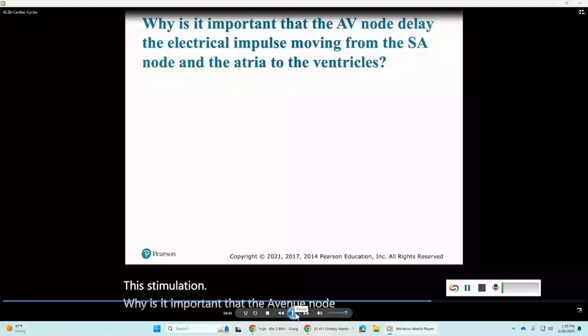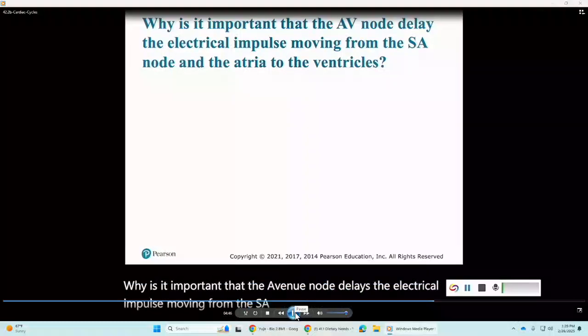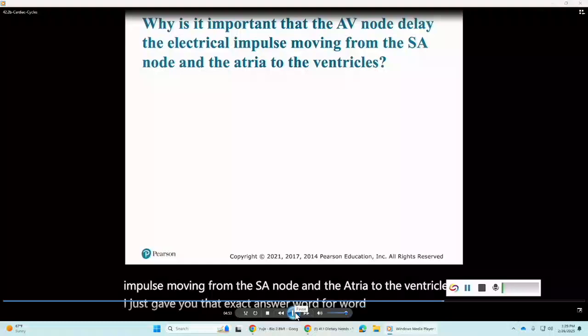So why is it important that the AV node delay the electrical impulse moving from the SA node and the atria to the ventricles? I just gave you that exact answer word for word, so go back and review that. Make sure you can answer